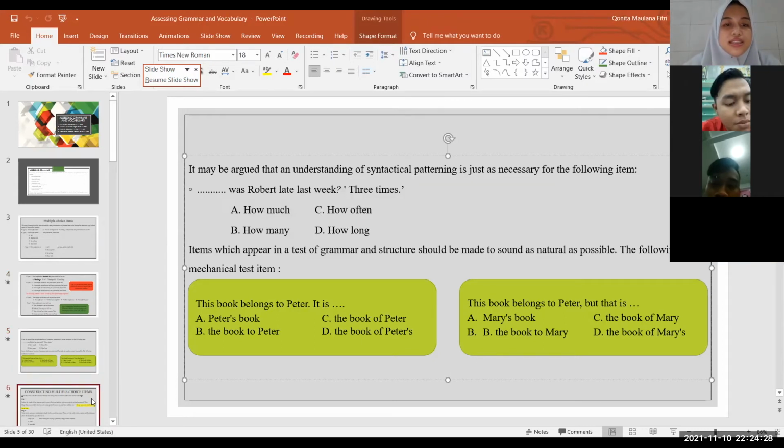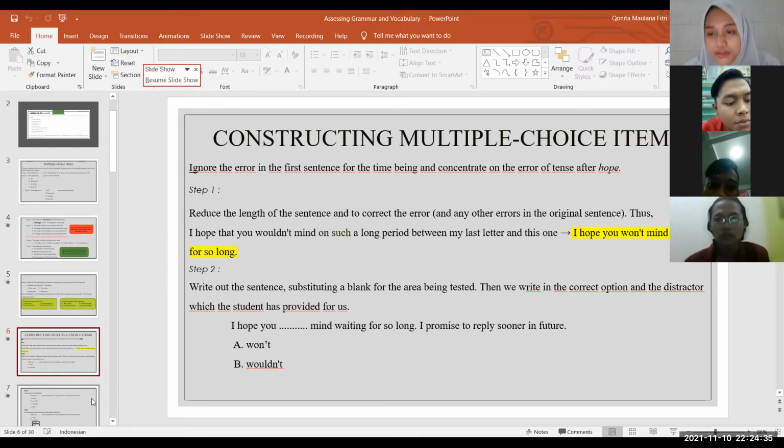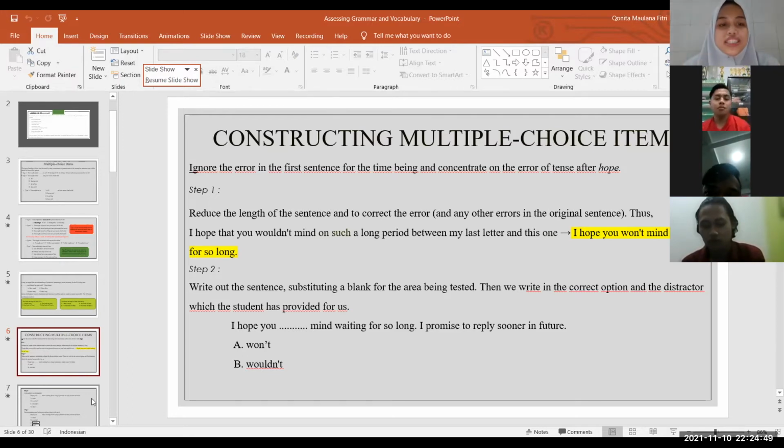And then next, constructing multiple choice items. Okay. Let us ignore the error in the first sentence for the time being and concentrate on the error of tense after the word hope. The first step is to reduce the length of the sentence and to correct the error and any other errors in the original sentence. Like this,